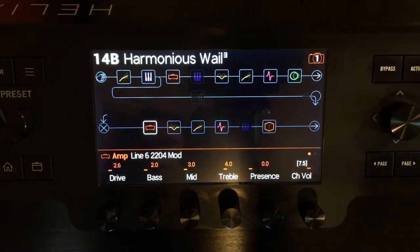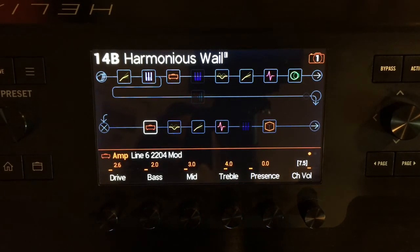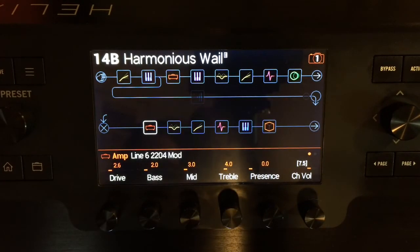So here's what's up with the harmonies. I have it set so that I can play on all 4 of the snapshots without the harmonizer coming in. I've got it assigned to switch number 1 here, right next to the bank. You can't see it, but it's there. And on the first one, it's labeled A major. So when I click the harmonizer in and I play stuff in the key of A major,